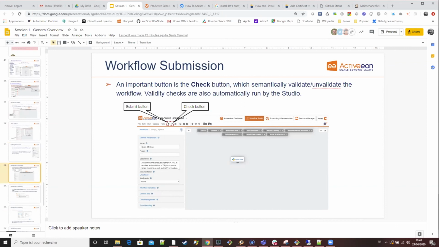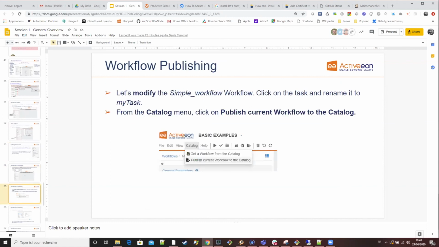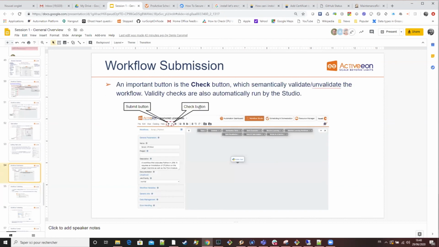In order to run your workflow, you will have to click on the submit button, or you can also click on the check button before running it to make sure that your workflow is valid from the XML point of view. I will first present that before going